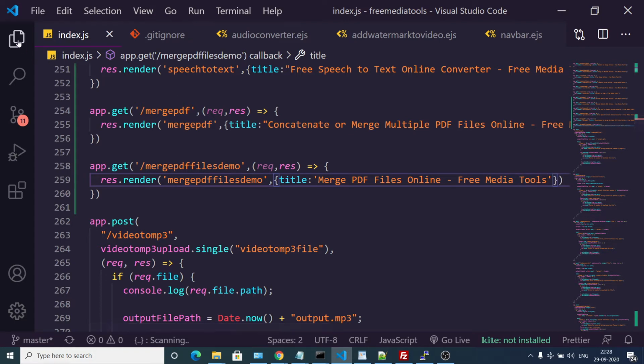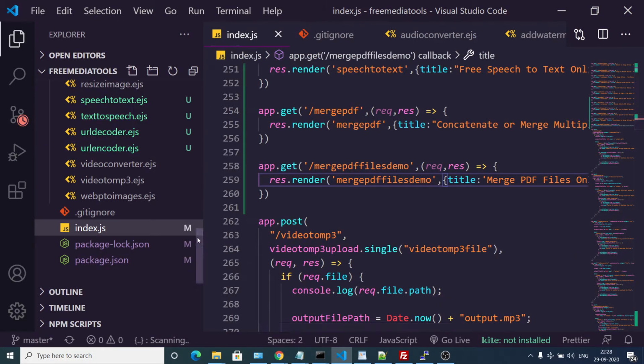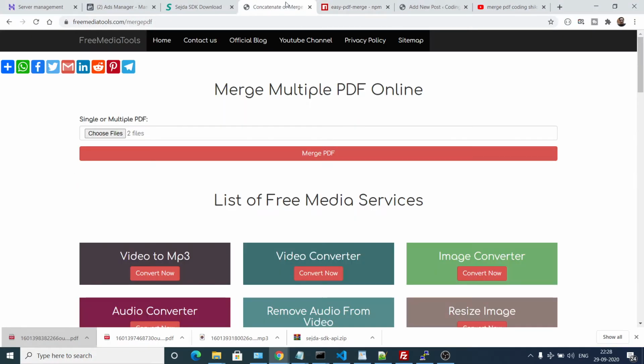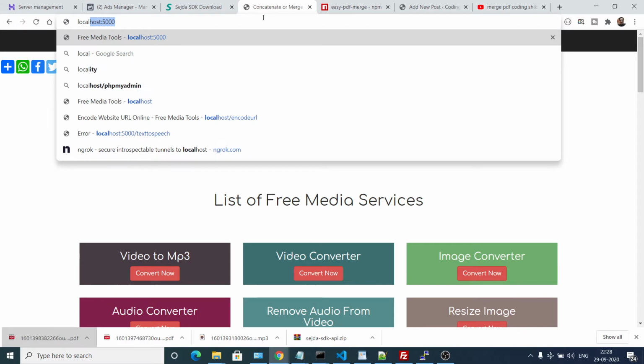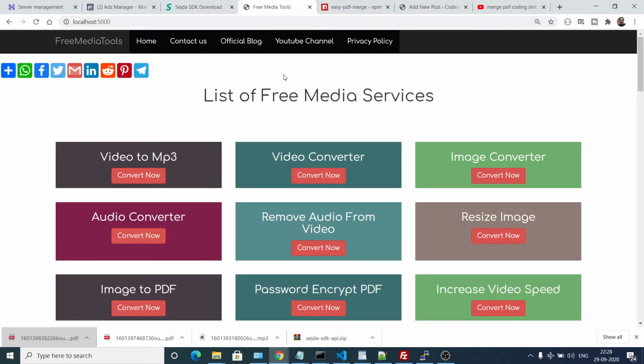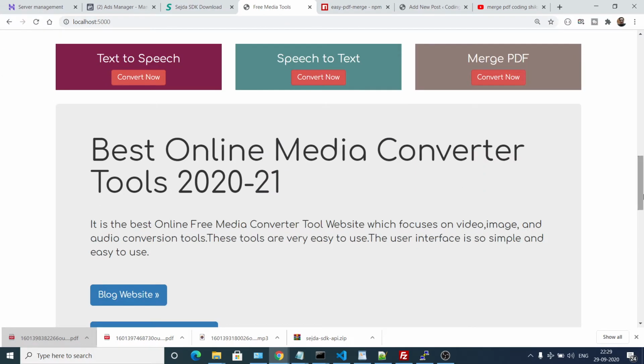And now what we want is that, if I just show you, if I run this on my localhost environment, if I go to localhost 5000, you will see the same website which I am developing right now on my local environment. You will not see a service which is coming up. Now to add this service,